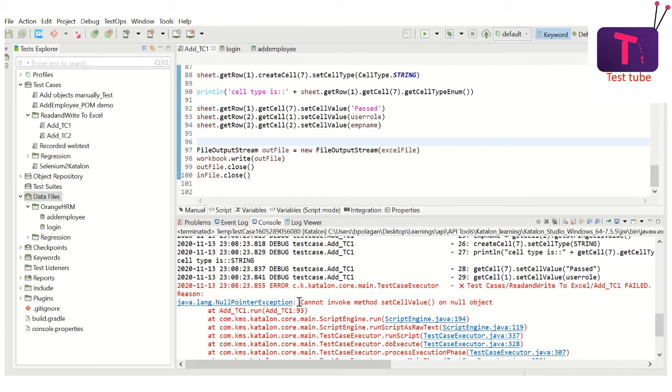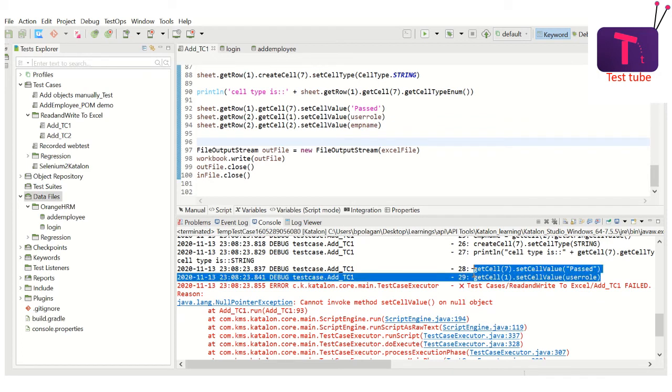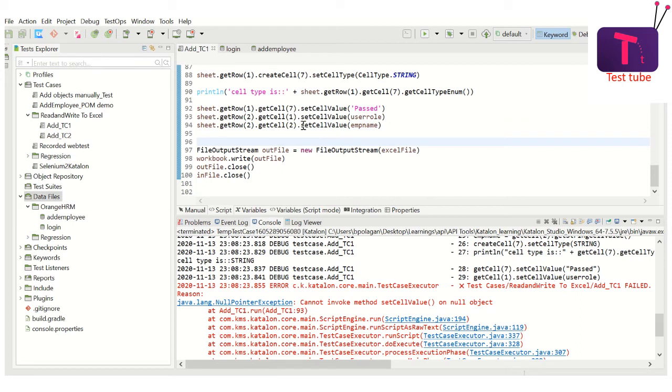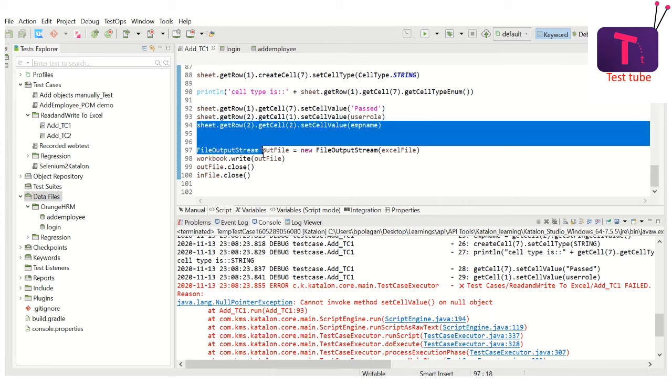This is cannot invoke method set cell value on the null object. And it has failed when it tried to write user role into the second row, row number 2. So it has done this operation, but it failed to do this, and of course, obviously, it failed to do anything else that follows after this.